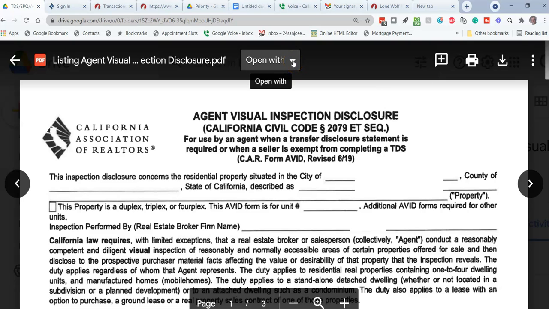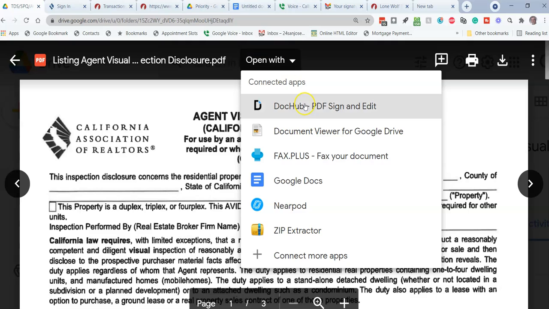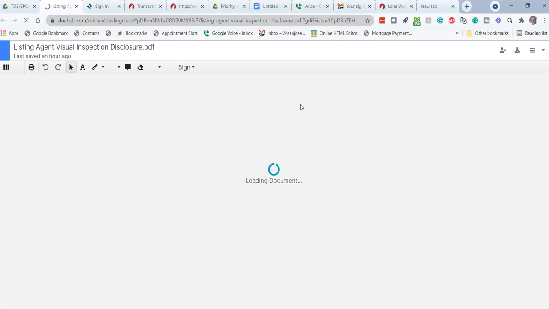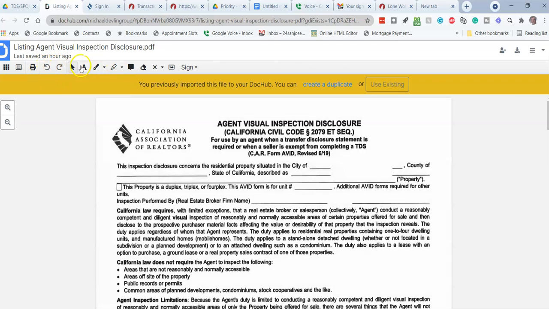Now, the form isn't designed to do this. One of the classes I'm planning on doing in a little while covers all the little extensions and things that you might want to use. I use something called DocHub. And what DocHub would allow me to do, this is a free program, right? What it would allow me to do, notice I'm looking at it right now, and I can type in